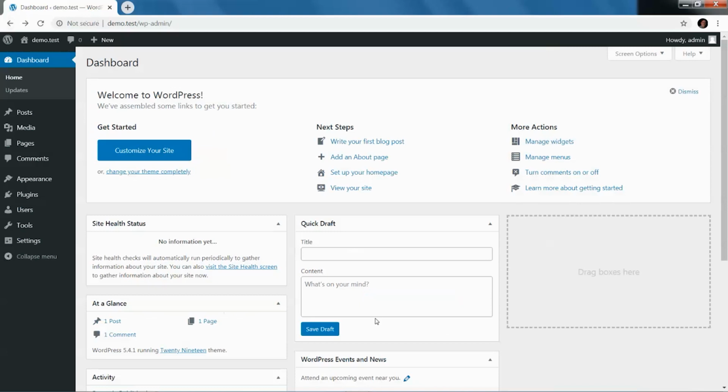Right above that is our quick draft widget. This actually allows you to put in a title and content and click save draft. So let's say you had an idea for a blog post and you don't have time to flesh it out, but you just want to at least get the title and a little snippet of information so that when you come back to it to continue writing, you're reminded of what this great idea you had was. You can log into your site and type those two pieces of information in and hit save draft, and it will immediately create a blog post in your post section that's saved as a draft so that you can come back to it and finish it out later.